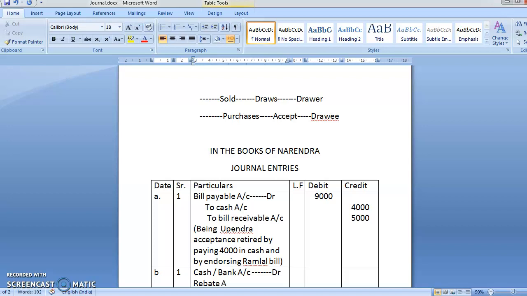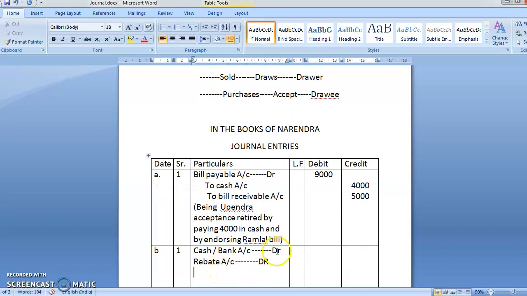This is normally what we are doing, so this is not something new. We have done this type of thing. Debit account, debit to bill receivable account. Yes or no? You are going to write bill receivable account. Okay, what is the amount of the bill? The amount of the bill is 6,000.